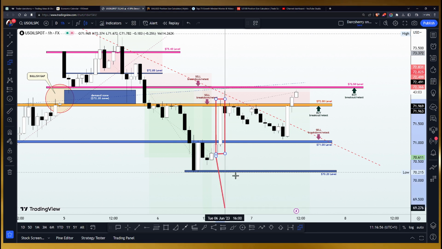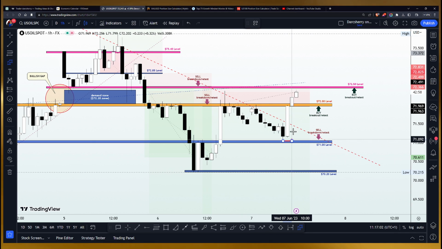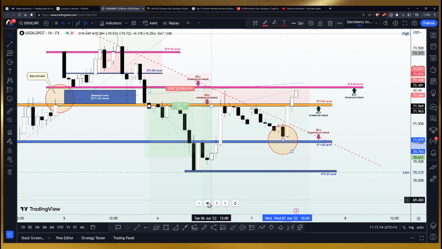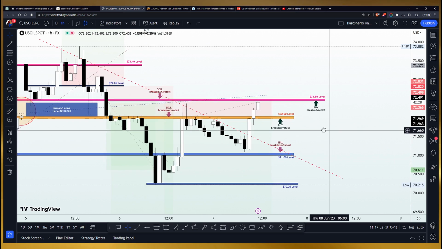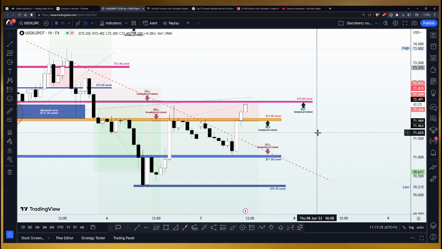And now we are seeing another bullish engulfing candle breaking out of that bearish trend line at this point. And in addition to that is the fact that price was unable to break the previous low, hereby giving us a higher low at the $71 area. And you all know what we look out for whenever we start seeing higher lows. It is a signal that a bullish momentum is gradually gaining strength. So as a result of this, we have no other choice than to look out for buying opportunities at this point.